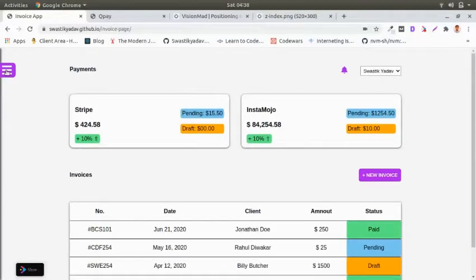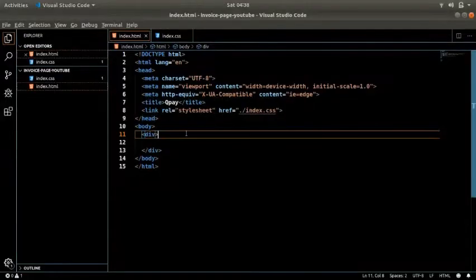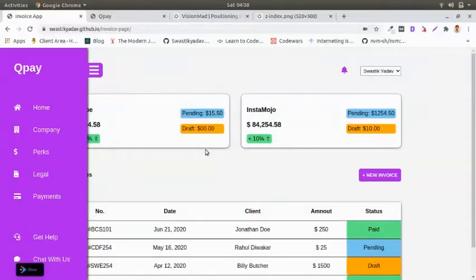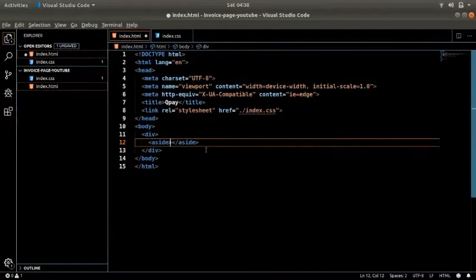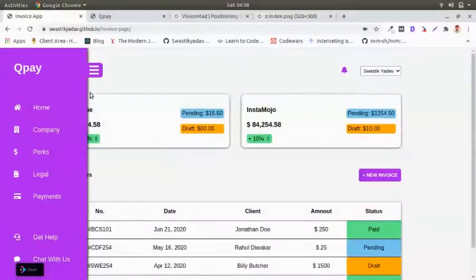So let's start building with this sidebar. For this sidebar I will use the aside tag. As I said, we will be using semantic HTML. And yes, just by naming it aside, it won't put this element automatically on the side.